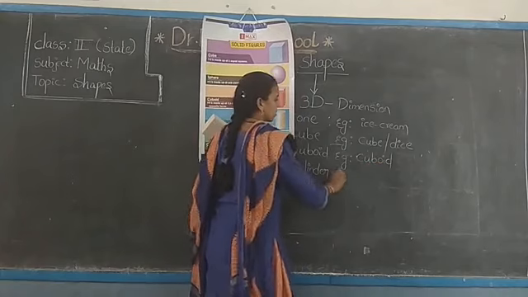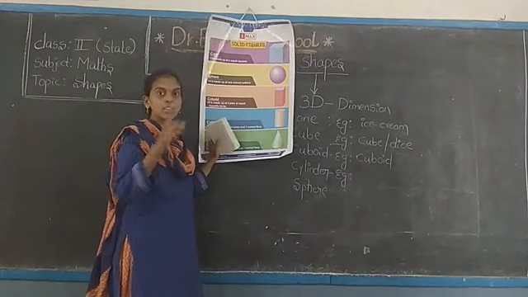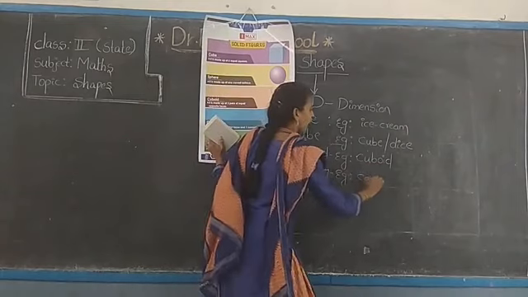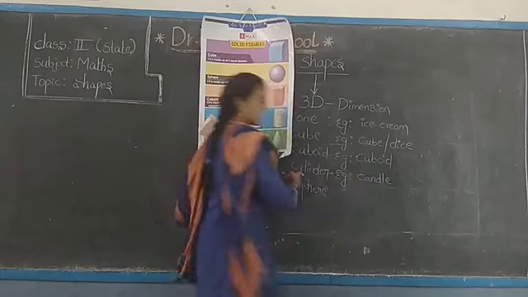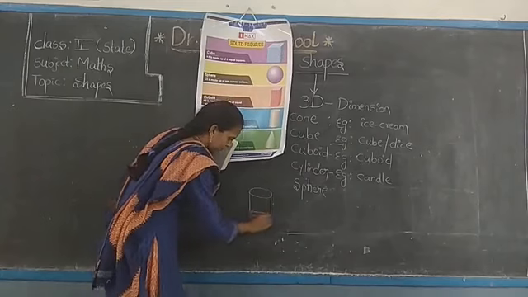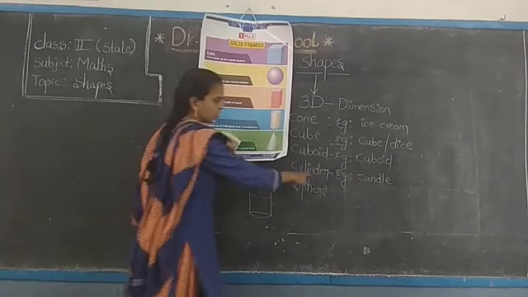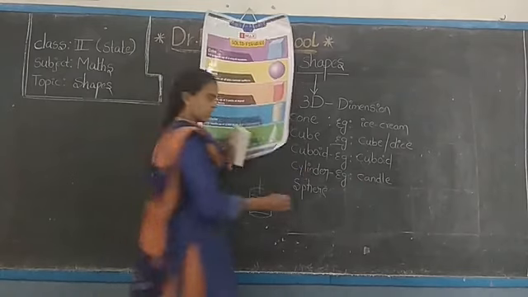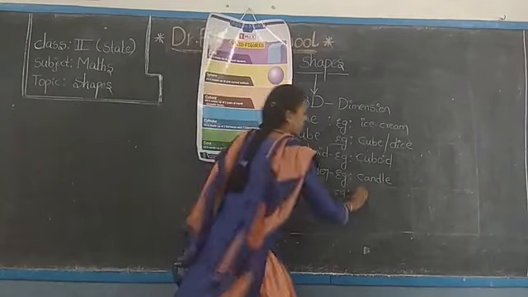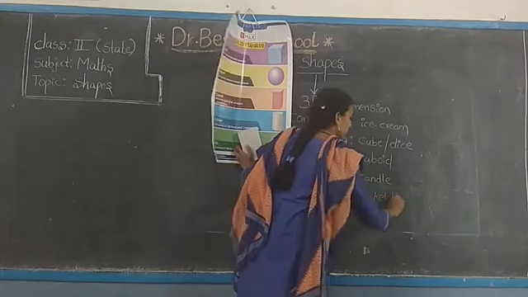Coming to the cylinder. Tell me one example which is in the shape of a cylinder. Cylindrical shaped candles. So candles also look like a cylindrical shape like this. Here it is the wick. This is cylindrical in shape. Coming to the sphere, the balls which we play with, the cricket ball. So cricket ball is in the shape of a sphere.